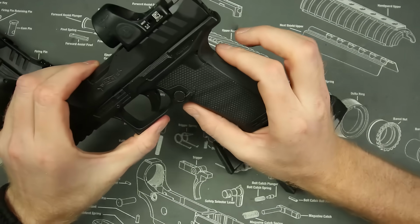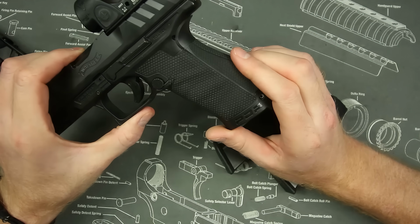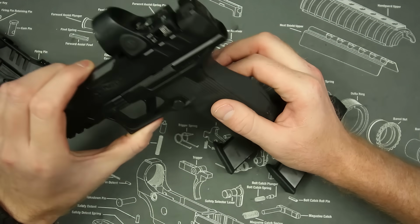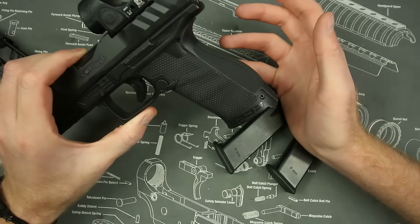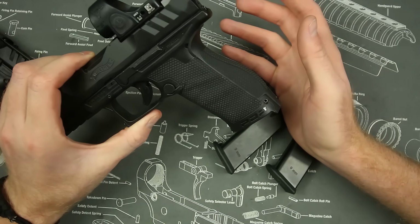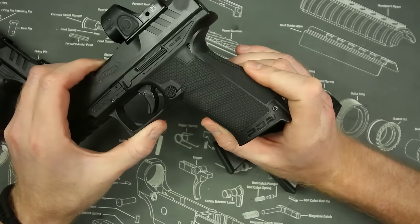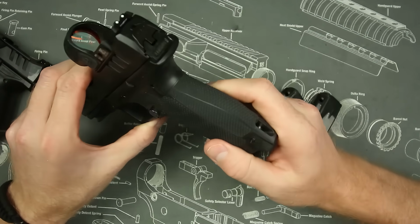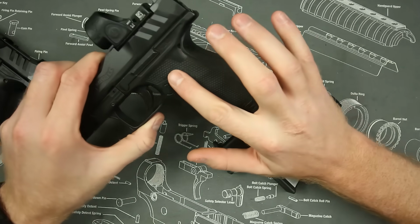Now move down to the grip texture, which I think is probably the best thing that they did with this over the PPQ. My biggest con of the PPQ is going to be the slick grip of the PPQ. However, you can put Talon grips on it, you can silicone carbide it, you can do a lot of things to fix that. However, coming right out of the box with this honeycomb style M&P 2.0-ish grip texture here is a big advantage. One of my favorite grip textures on any pistol, and it goes all the way up to,